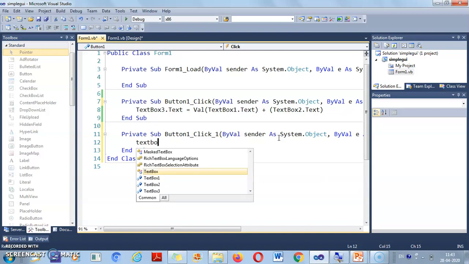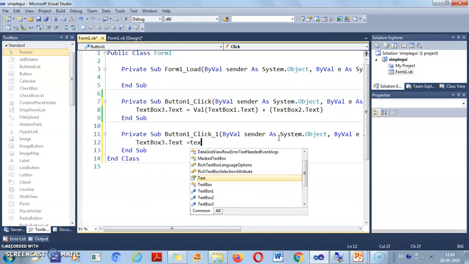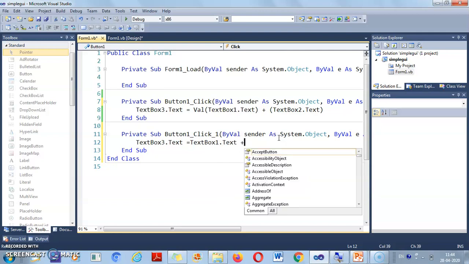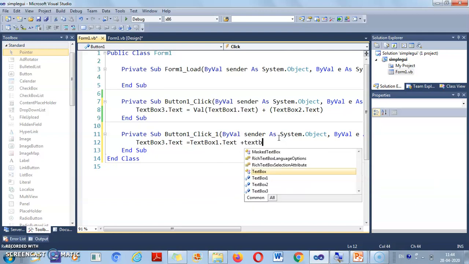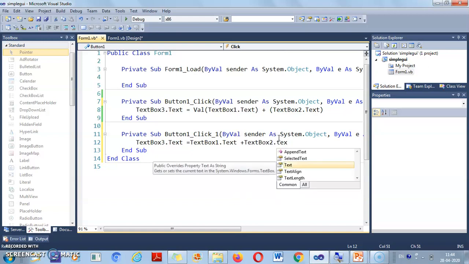TextBox3.Text equals TextBox1.Text plus TextBox2.Text.